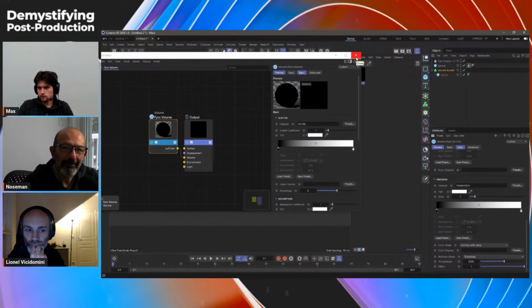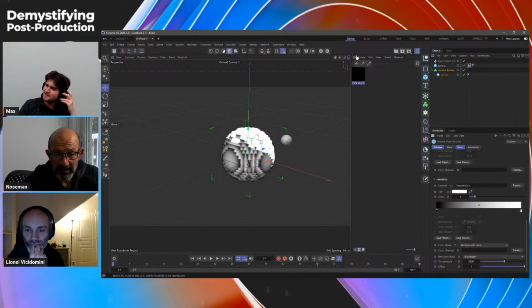I don't really know what that means, but I can say it with conviction. And that's all you need to remember. The values map as you would expect them to. So you can create your own art directable volumes that have a different density here, different density.